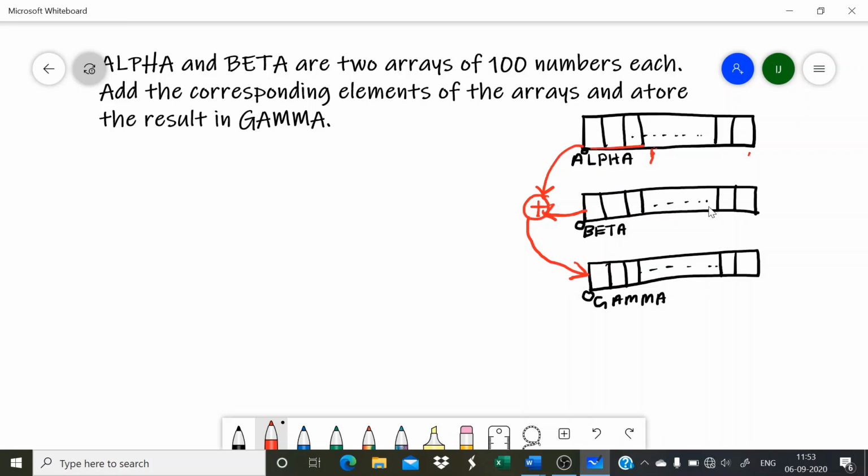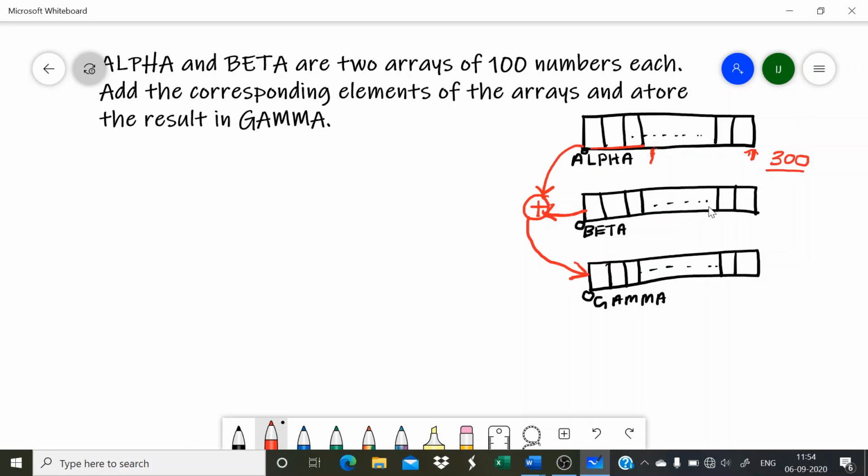Then till when we have to stop this? We have to stop when this index value reaches 300. So total 300 bytes. So when the index reaches 300, all the array elements are finished.